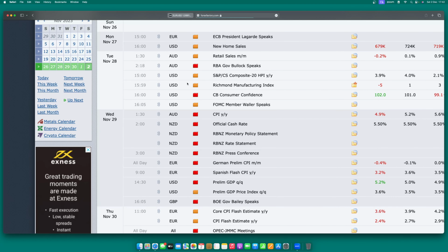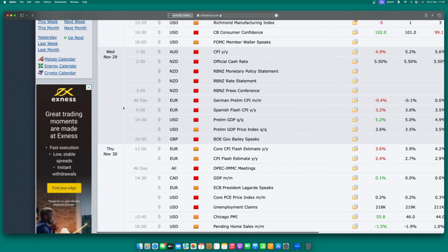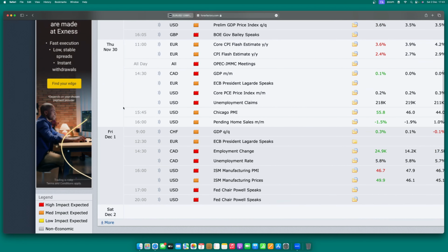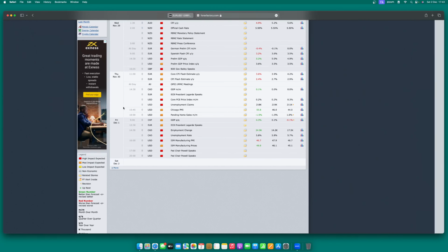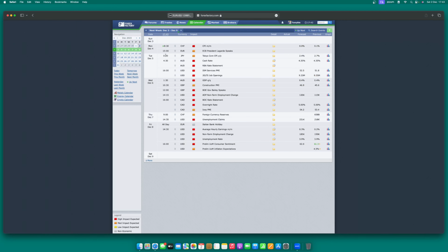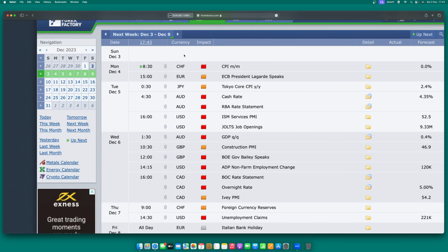Oops. AUD CPI high. So definitely there's going to be a big move for Australian dollar pairs on Wednesday. I mean, this week. And then NZD. And then Wednesday, we have Euro. Thursday. And on Friday, we have first Friday. Oh, what am I? Oh, sorry. I didn't check the date. Supposed to be for next week. Yeah. All right. Yes. So next week, Monday, December 4,